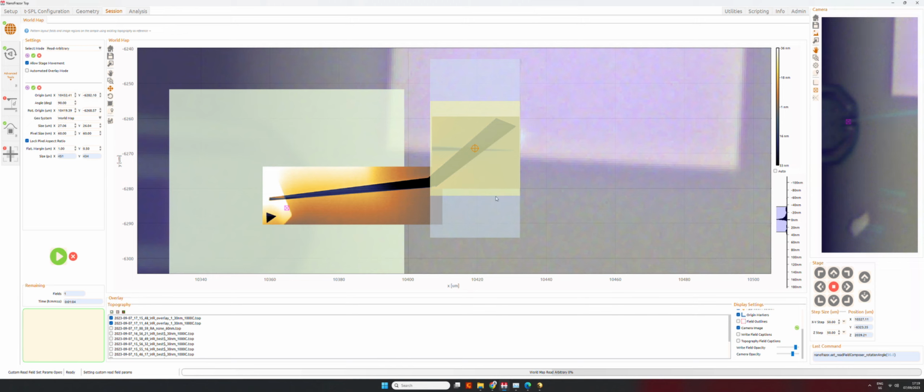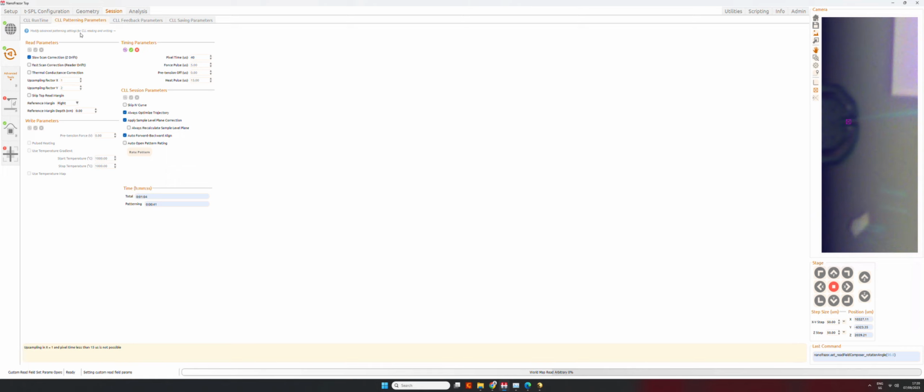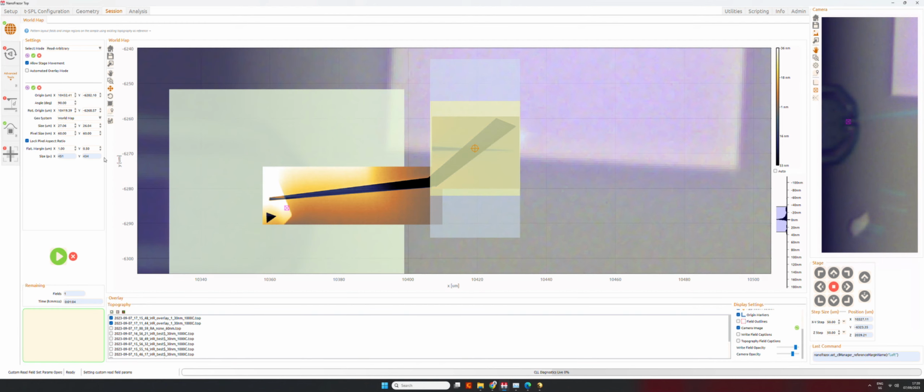And we can select a 0 reference margin on the left. So this is now the left, this is the right, because we changed the fast scan direction. So let's go to the CLL patterning parameters and select the reference margin on the left. Now we can read again.